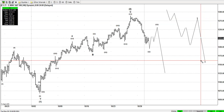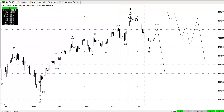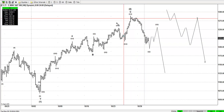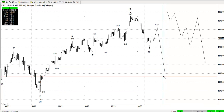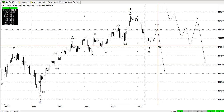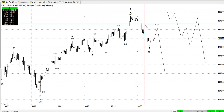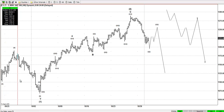We were saying today on the forum that no matter what it is, this is the S&P. No matter what it is, either if this is W or this is 2, we're calling 2 as the preferred count. No matter what it is, after a 5-wave move a 3 is coming, a minimum of 3 waves pretty soon. After, you need to see the extension of the 5 before making a decision on what's going to happen. Now, this is the S&P, and we can see that it did 3 waves and now is completing a 5-wave move. Let's move on to the S&P on the 1-hour chart